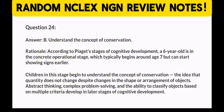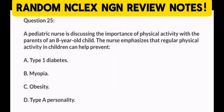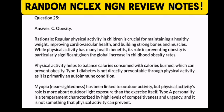Question 25. A pediatric nurse is discussing the importance of physical activity with the parents of an 8-year-old child. The nurse emphasizes that regular physical activity in children can help prevent A. Type 1 diabetes, B. Myopia, C. Obesity, D. Type A personality. Answer: C. Obesity. Rationale: regular physical activity in children is crucial for maintaining a healthy weight, improving cardiovascular health, and